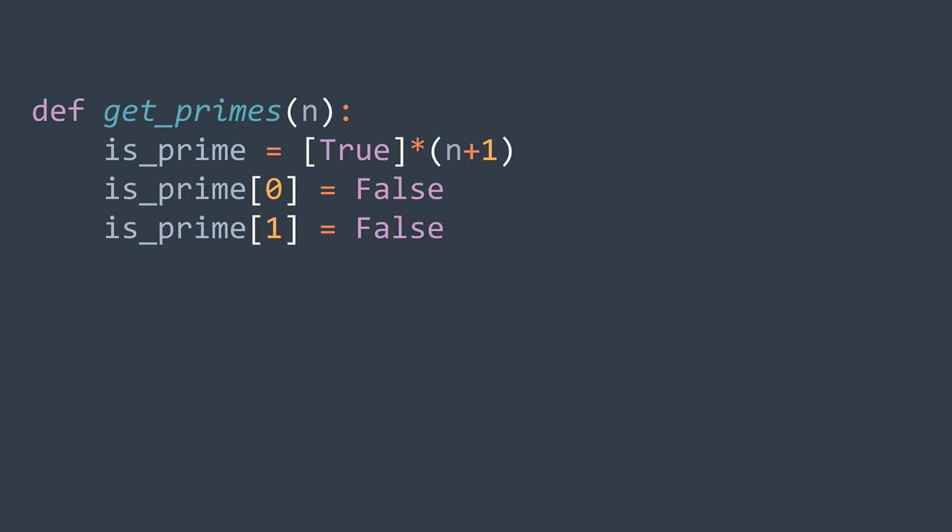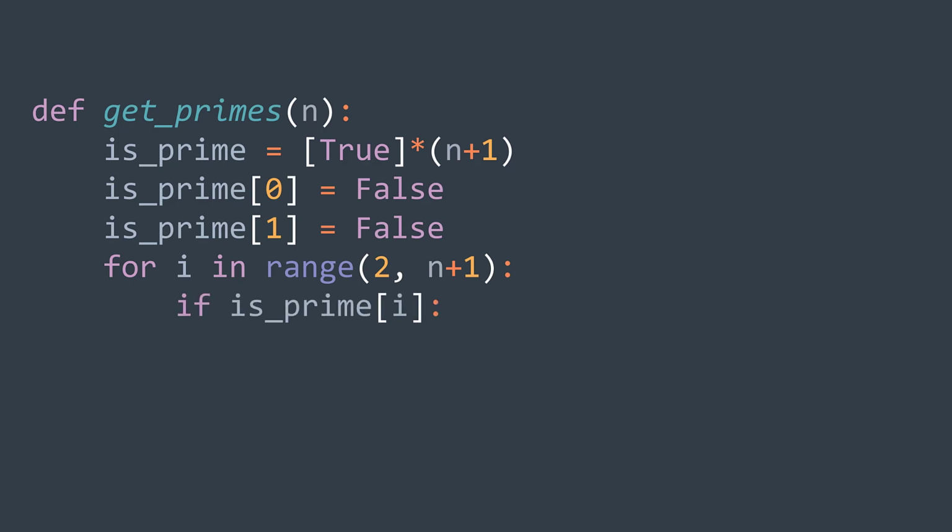We start traversing from 2, so i goes from 2 to n plus 1. Inside it, we traverse multiples of i only when i is prime. We first put a condition: if isPrime of i. If it's prime, we traverse its multiples. j starts at 2 times i, the first multiple of i after itself. It stops at n plus 1, the end of the array, and we add i to it at each iteration